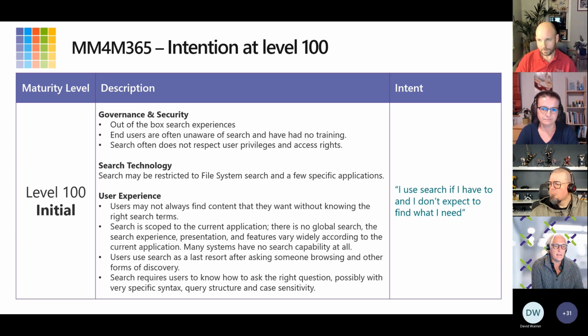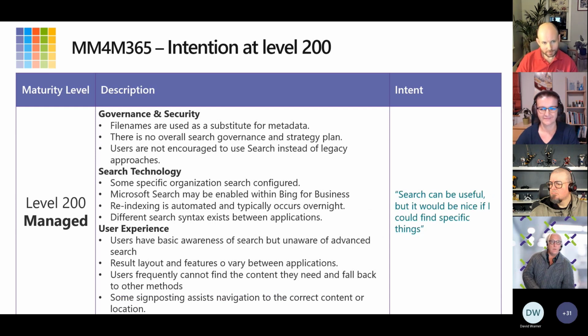And it's funny because in those same organizations, they tend not to pay much attention to things like navigation, and they say, well, people will just search. So they're trading one bad experience for an even worse experience a lot of the time without really thinking it through. But there's hope, right? We can start to move up the maturity model and head up to level 200 and do a little better.